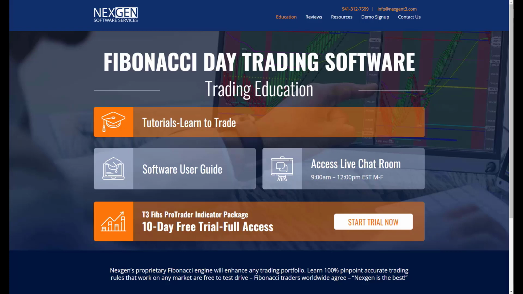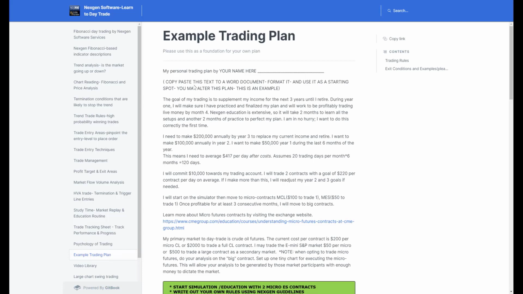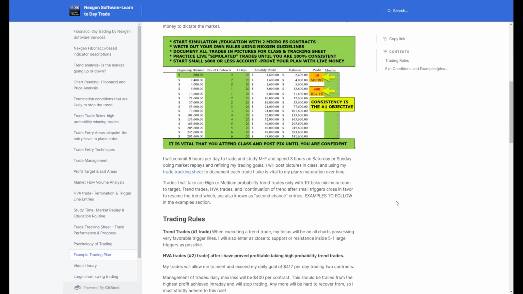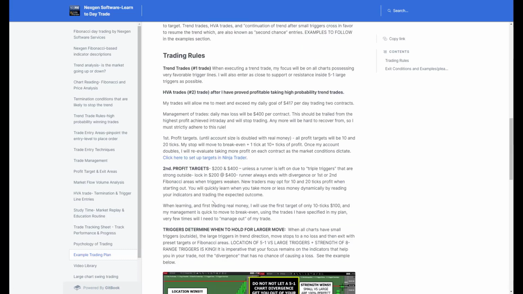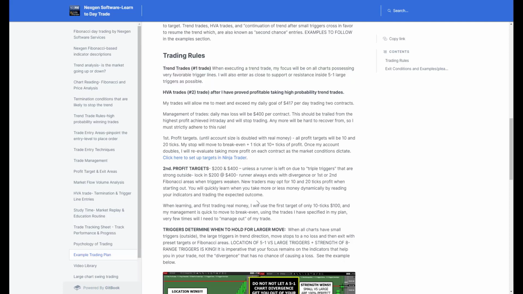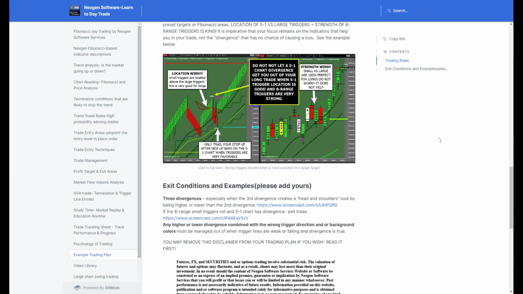And what I wanted to do today is walk you through my personal trading plan. On our website, in the educational page, we start you off with a plan. We don't want to write the whole thing for you, but we give you a lot of direction on where to go. And as you start to learn, you'll start to fill in some of the blanks on what you will require to do a trend trade, what you will do to take these other types of trades, and what you will do to manage your trades. Again,